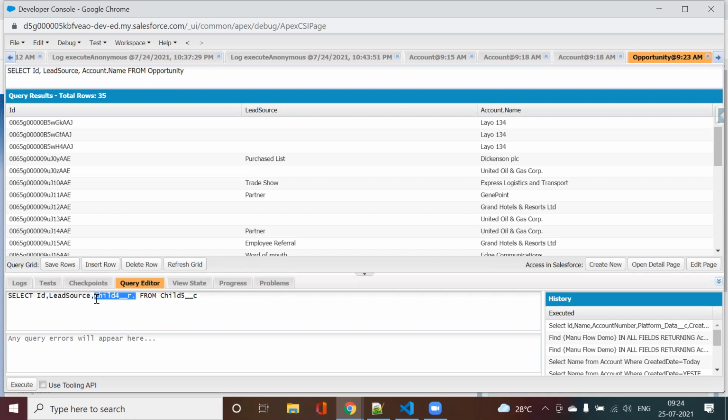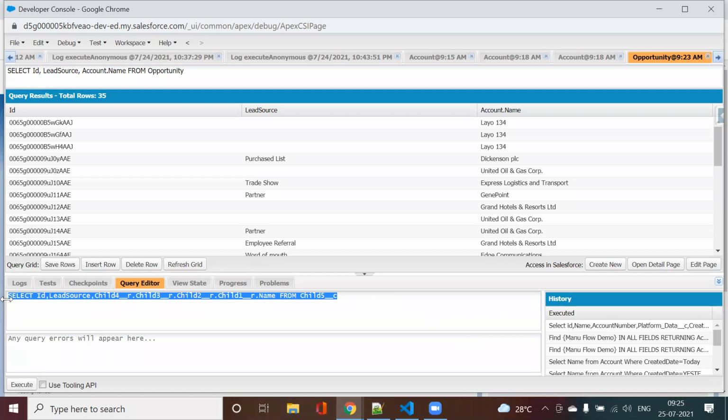Let me just copy it. I don't have that object, just for your reference on how I can use it. So here I will write child 3, then child 2, then child 1, and then assuming there is any such field, maybe something like Name is here. So this is how I will query. From child to parent, I can go up to 5 levels. So is this part clear?